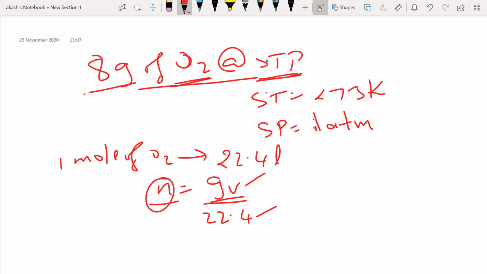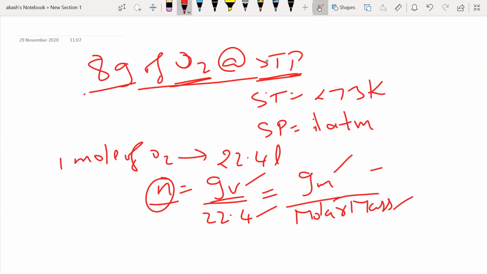For that, the given mass of this thing is given. So I have one more formula for number of moles: given mass divided by molar mass. Hope you remember all the formulas, guys. These are simple formulas. I'm not going to touch the first chapter. Don't worry, stoichiometry I am really not going to touch. So given mass by molecular mass is the formula.